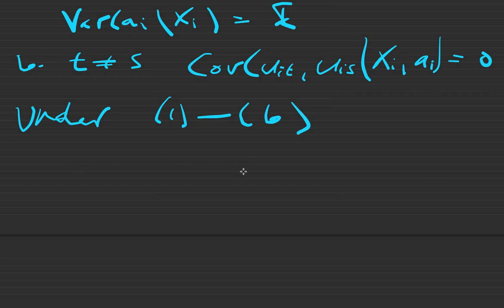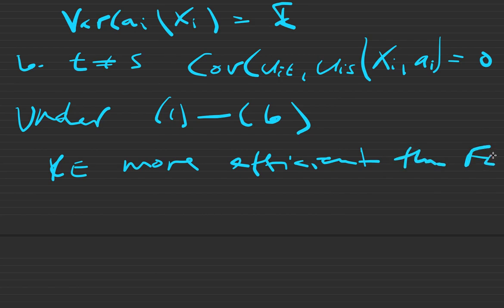Sometimes you will hear the random effects estimator referred to as the efficient estimator. However, we don't rely on fixed effects for efficiency. We rely on fixed effects for robustness to the correlation between a_i and xjit, which is why you will sometimes hear fixed effects referred to as the consistent estimator.